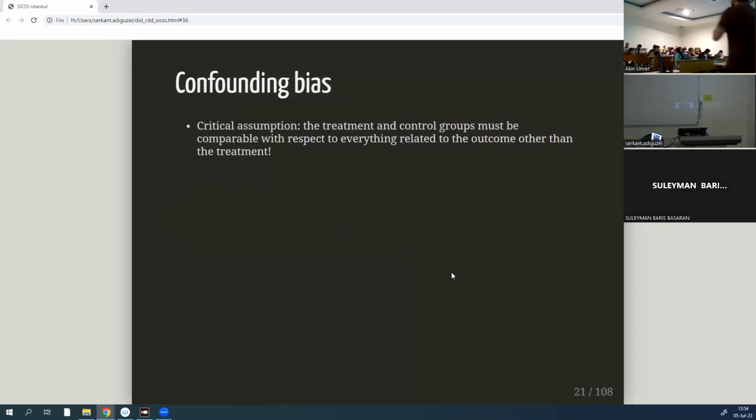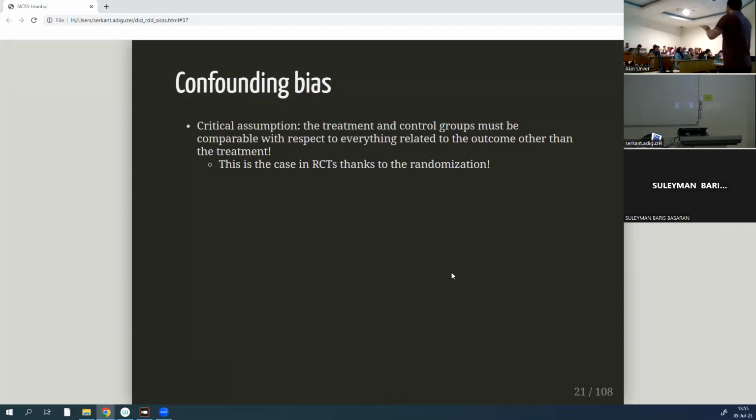Why confounding? Because it confounds the relationship that we are interested in. We are interested in minimum wage and employment. That causal relationship is confounded by factors that we exclude, right? We don't observe. So that's confounding bias. There is no such problem in experimental research. Why? Because